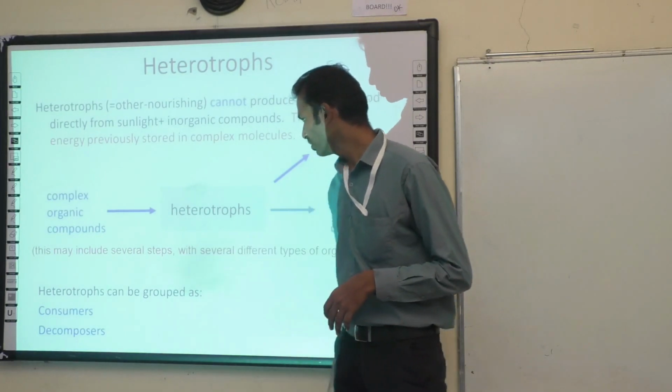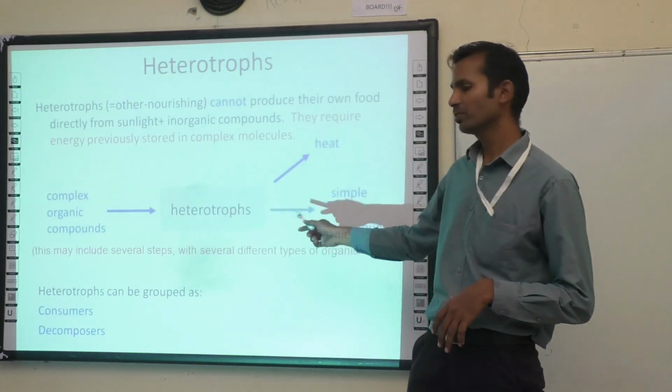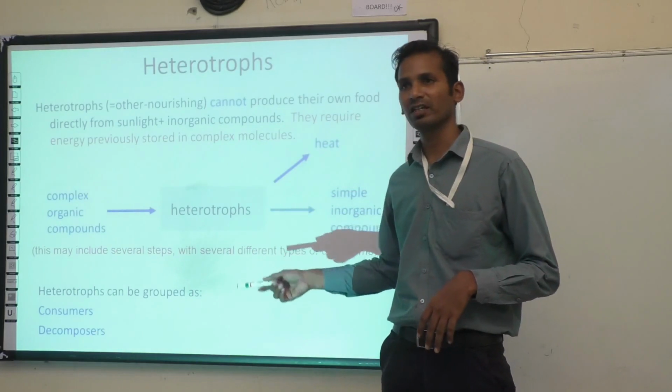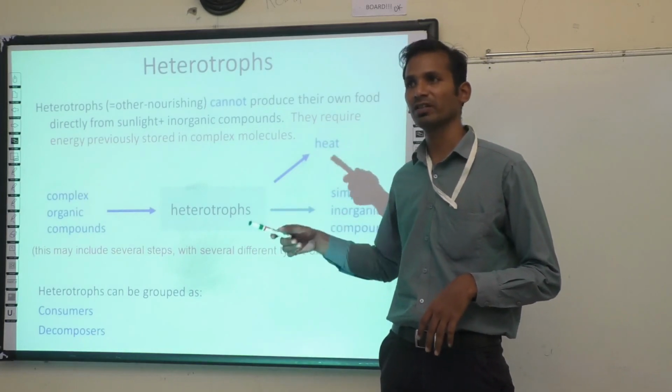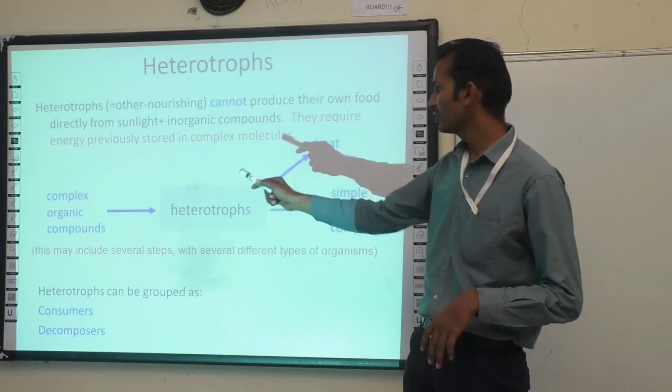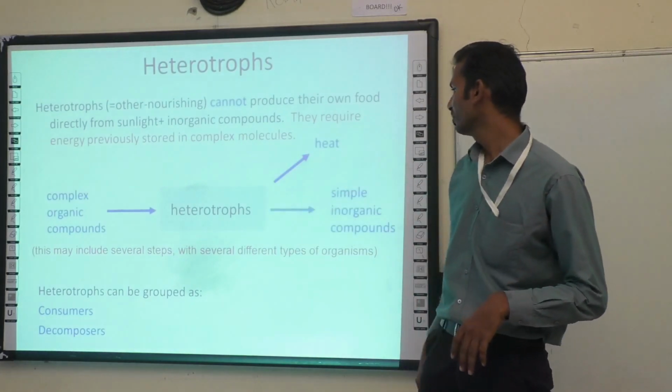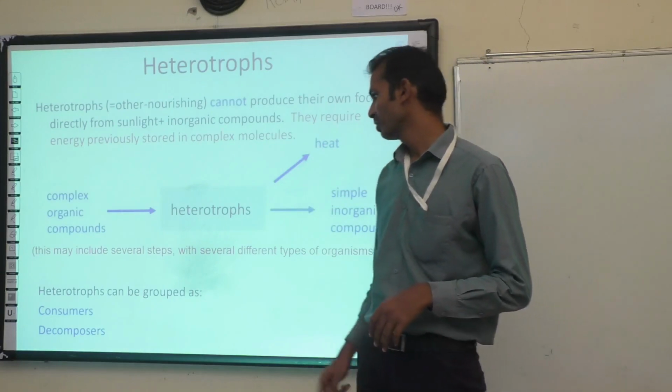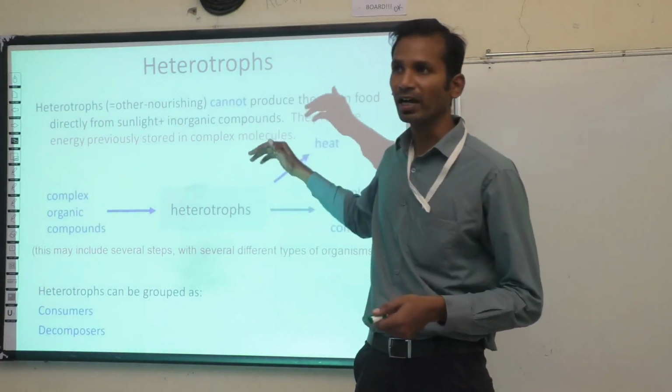This conversion process includes several steps. Glycolysis is there, the TCA cycle is there, energy transfer, the electron transport chain is there. So many processes are there for conversion of this complex organic compound into simple inorganic compounds. So these heterotrophs again